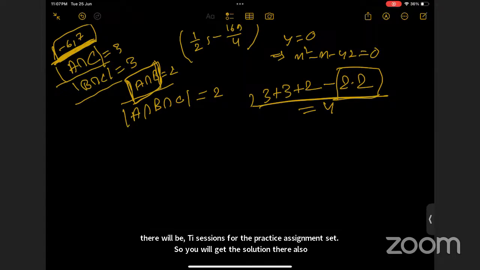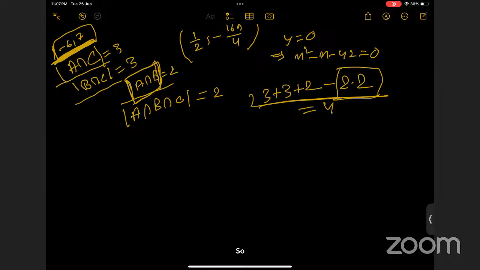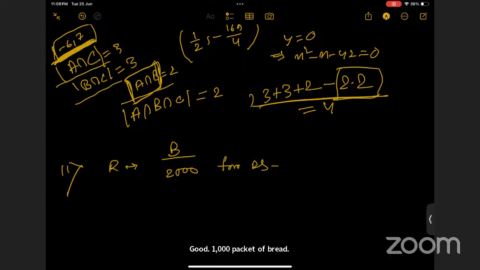Yes, ma'am. So, can you just help me with the formation of equation in question 11? Question 11, right? Yes, just the formation of equation and the rest I'll do it, ma'am. Okay, let me check. So we have Raghav, 1,000 packet of bread. And the profit is